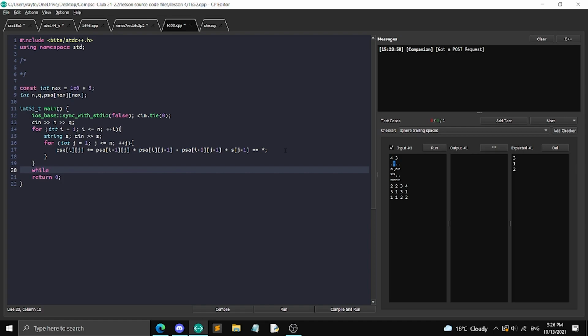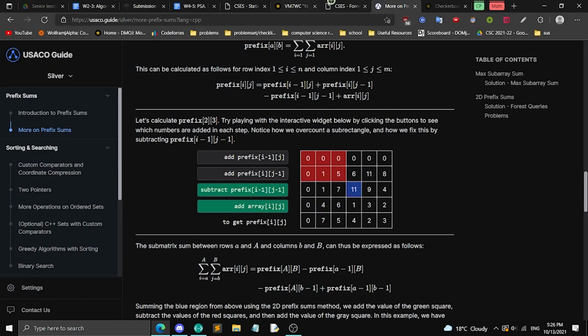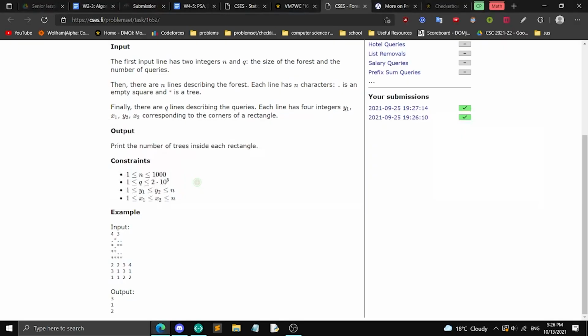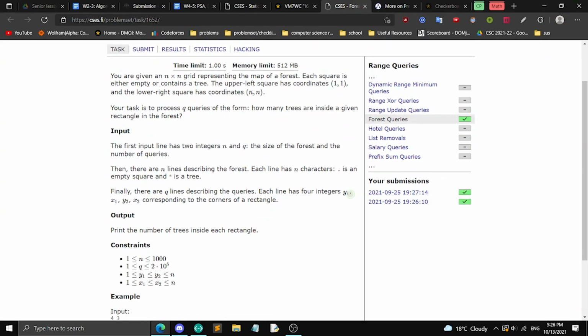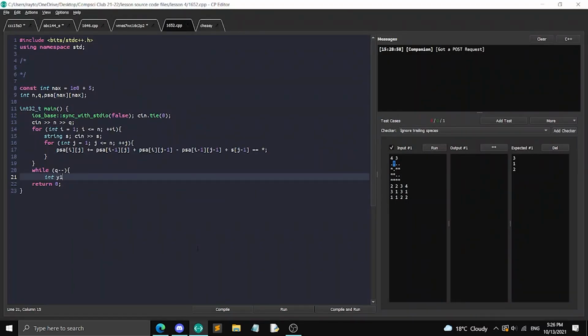Okay, and now for the queries, we have top left and bottom right corner. So y1, x1, okay, and y2, x2. Oh, I'm using commas for some reason. Okay, and the way we're going to calculate it,